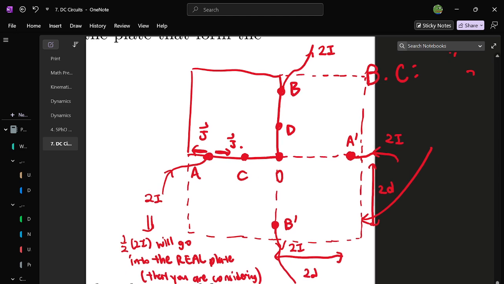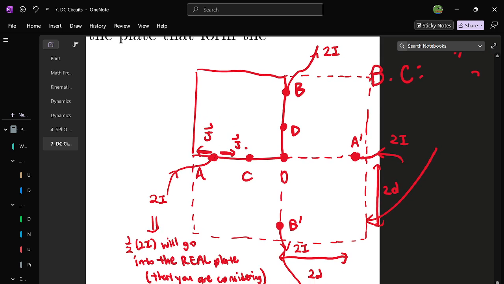And this is actually correct because if you look at it, this whole setup now is very symmetrical. You have 2I coming out from both B and B prime, which are opposite of each other. And then you have 2I coming in for both A and A prime, and these 2 points are opposite to each other. So if you draw what the current density looks like in the plate,